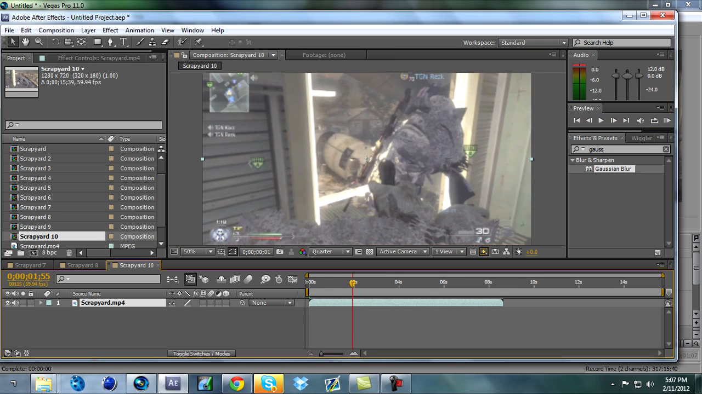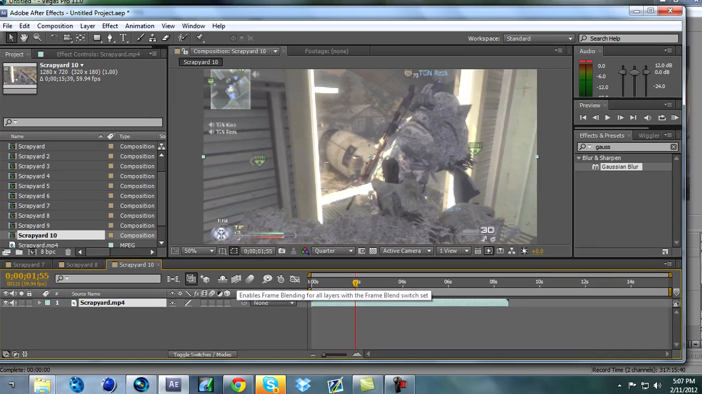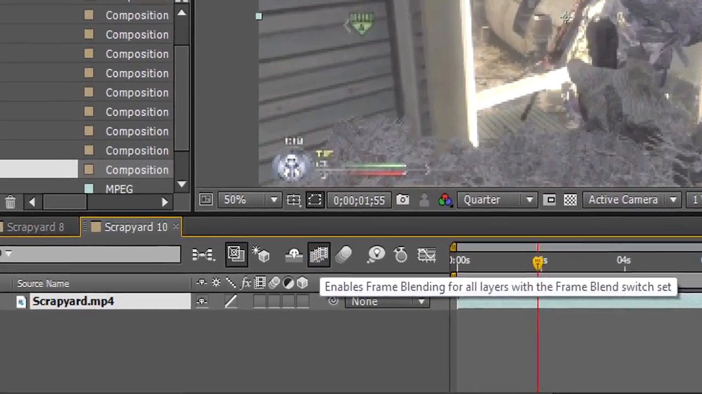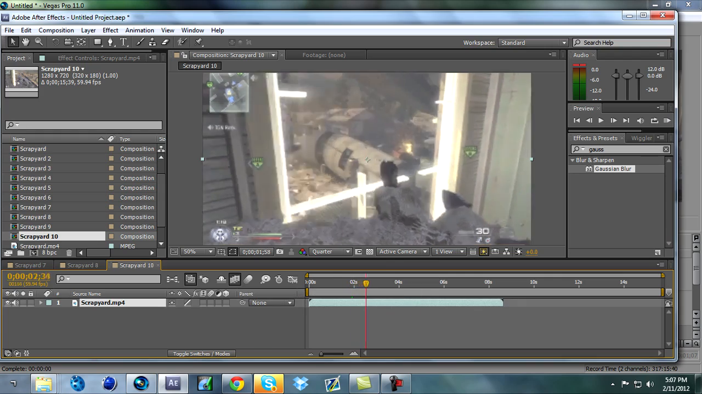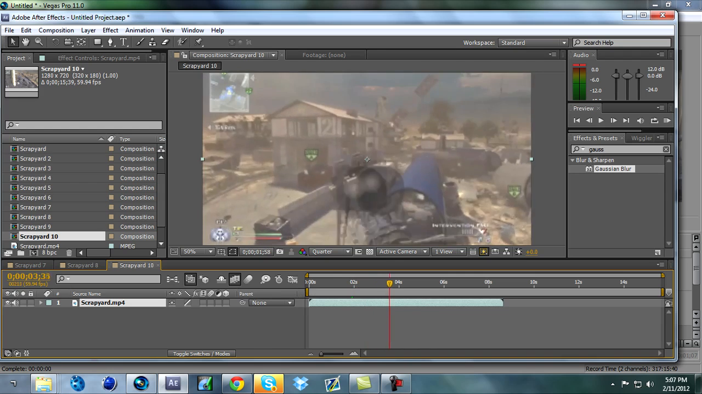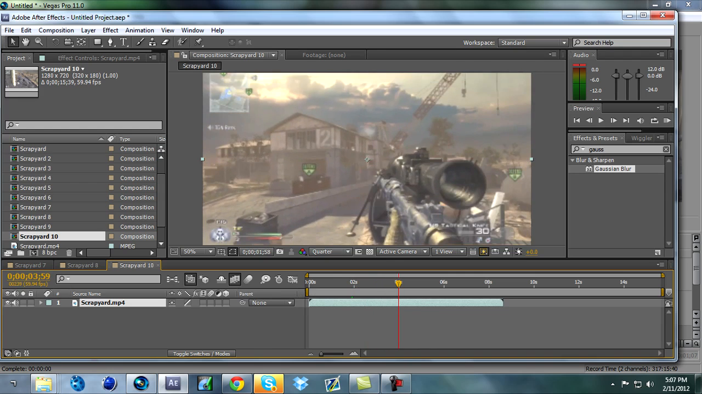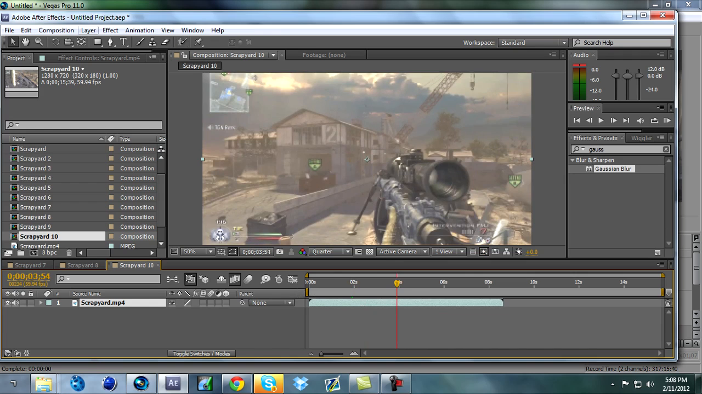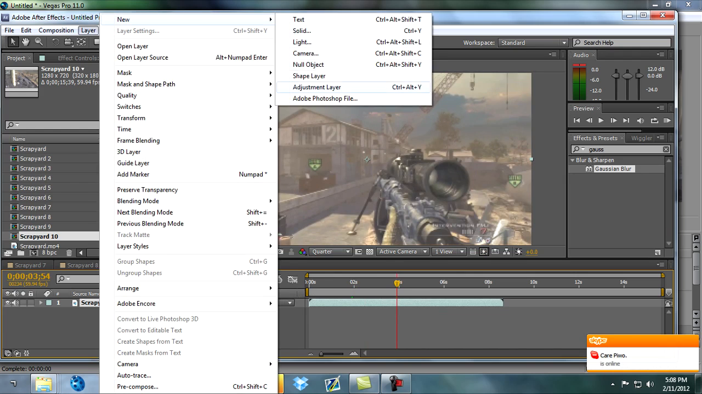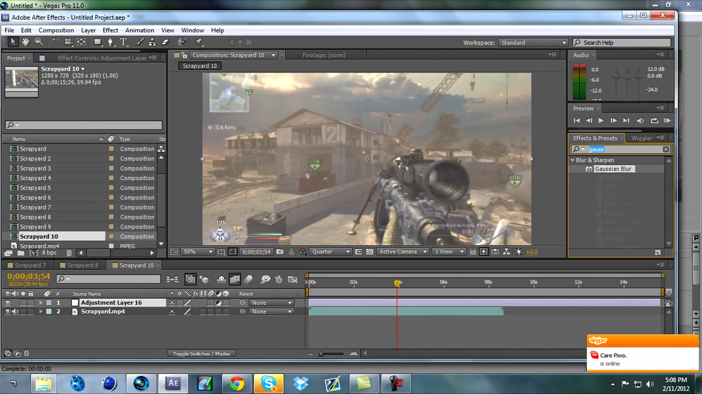Basically, to start TWIXTOR, you're going to want to hit this button, which enables frame blending for all frames, and you want to find where you want the TWIXTOR to start, which is like right here. So I'm just gonna go and do layer, new, adjustment layer, and I'm gonna type in TWIXTOR,